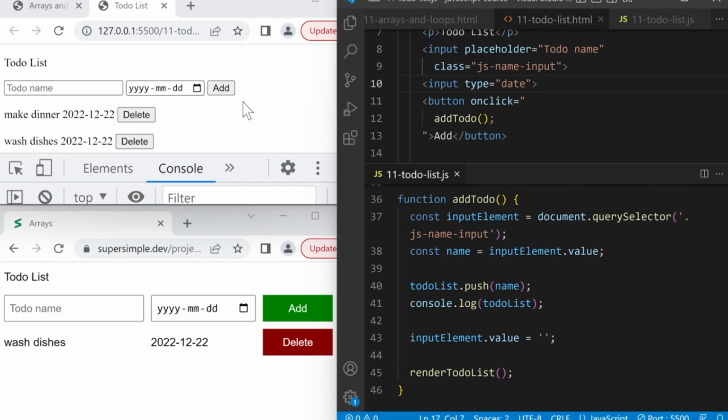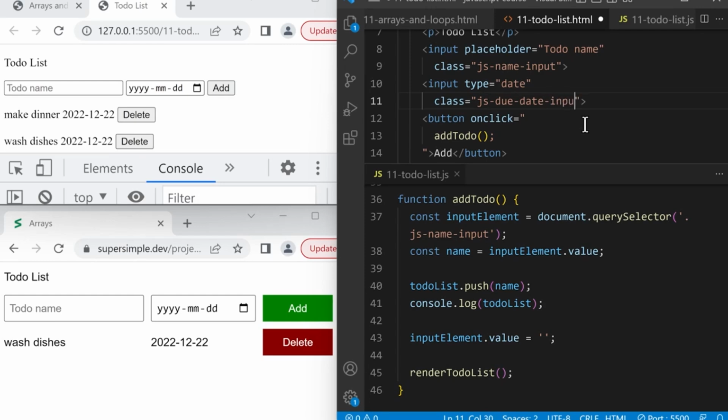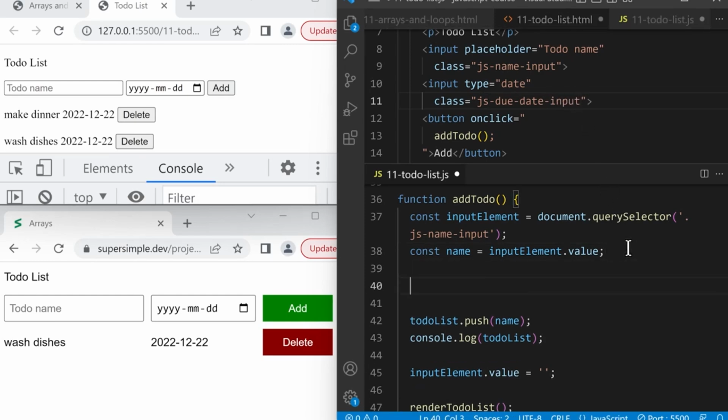So this time, when we click the add button, we're going to get the name and the due date and put it into our list. So let's get the due date out of this date selector first. We can do that using the DOM like we did here. So let's add a class attribute so we can get it using query selector js-due-date-input. And then down here, let's create a variable